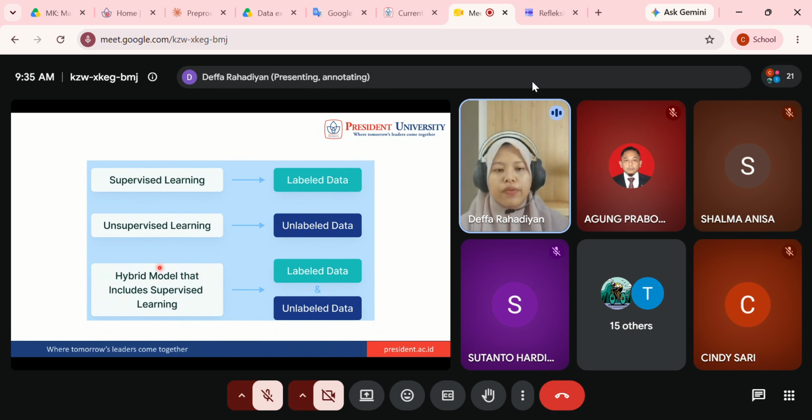So for hybrid itself, we can combine labeled and unlabeled data. So for example, we have gender detection or gender identification plus age prediction, yeah.